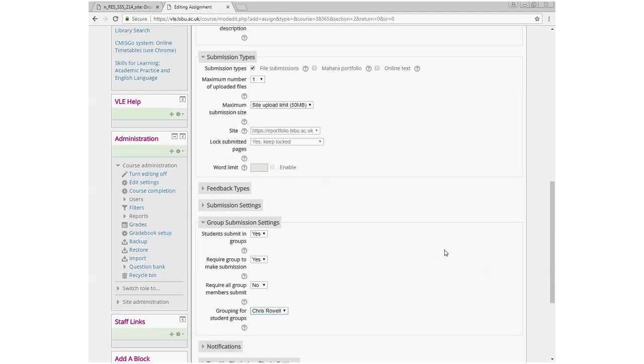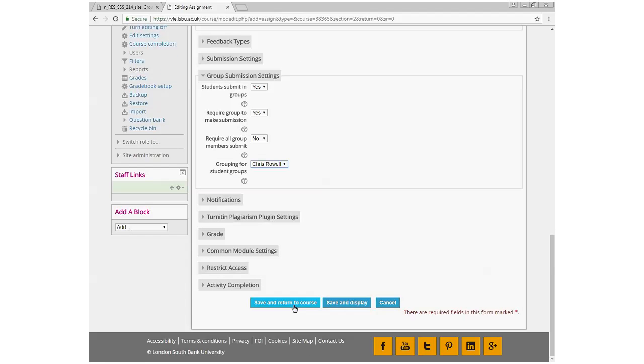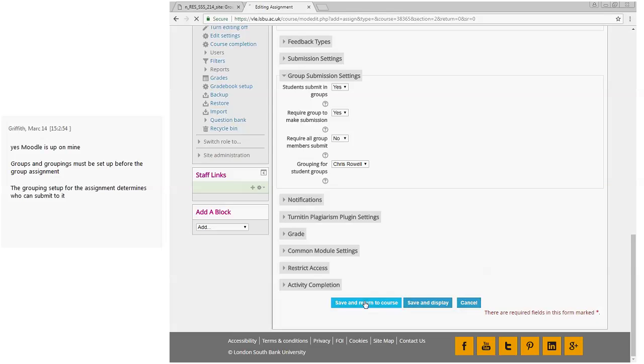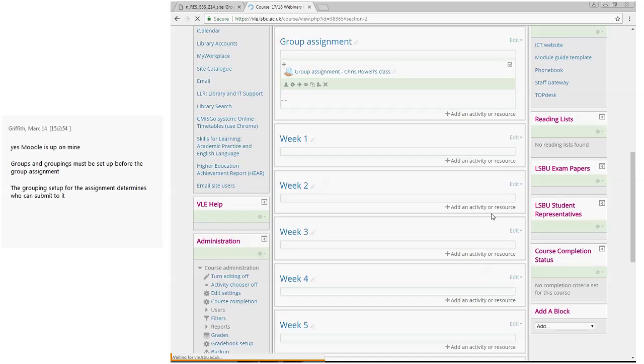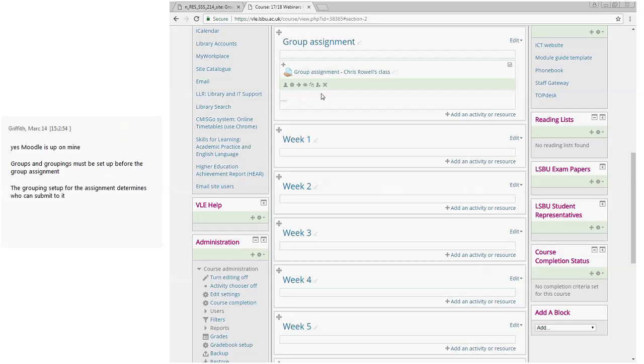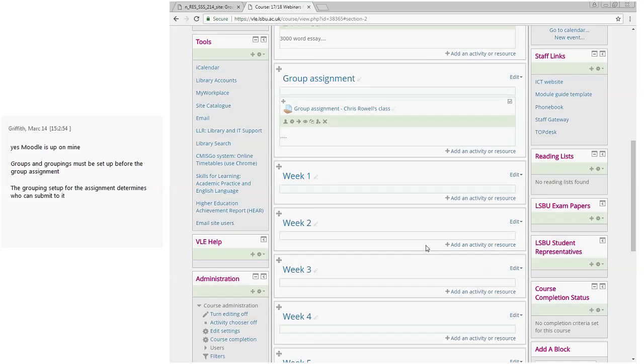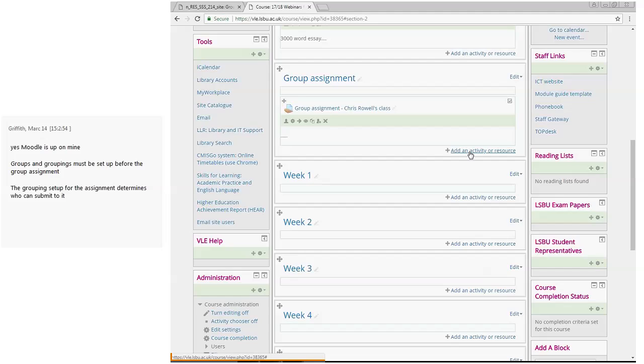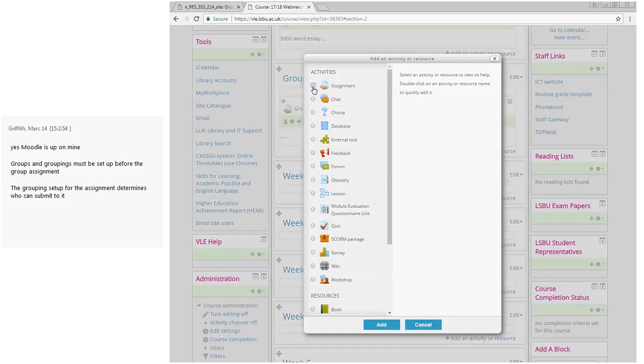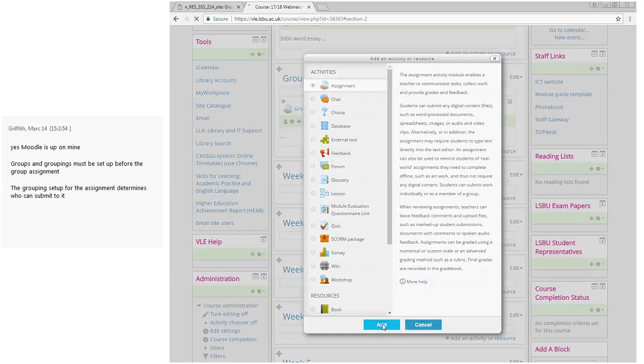Once you're happy with all of those, especially the due dates, you click Save and Return to Course at the bottom. After a couple of seconds, you can see we've created the assignment, group assignment, Chris Rowell's class. Just as a good way of highlighting that again, I'll create a second group assignment for Fred's class. So click on Assignment, Add,